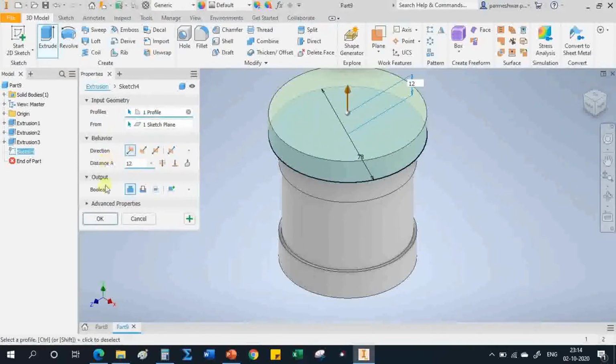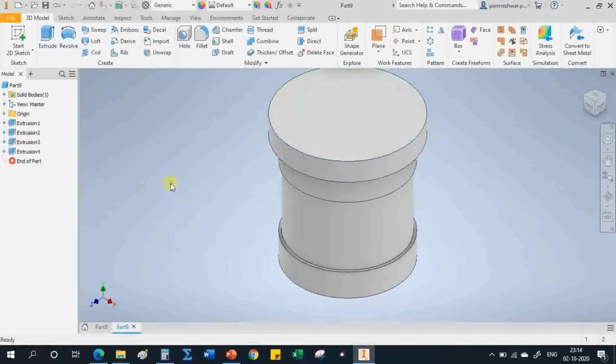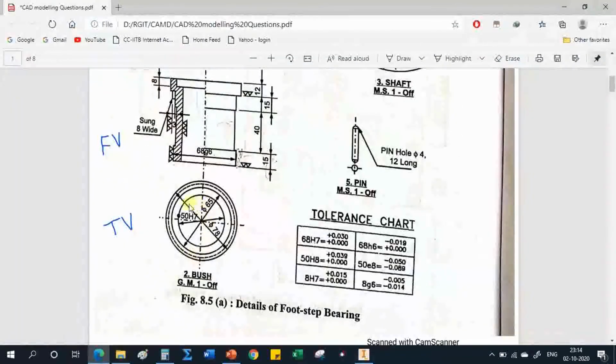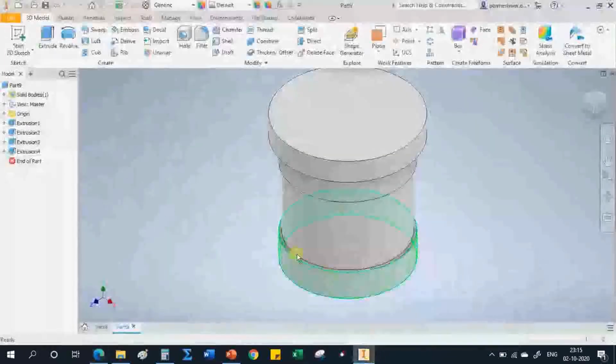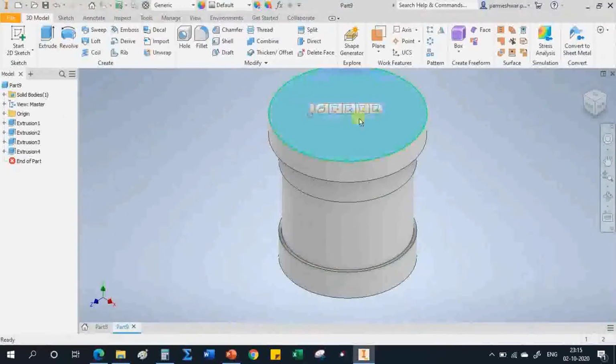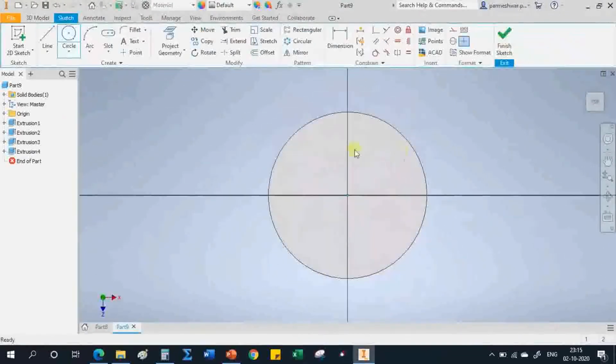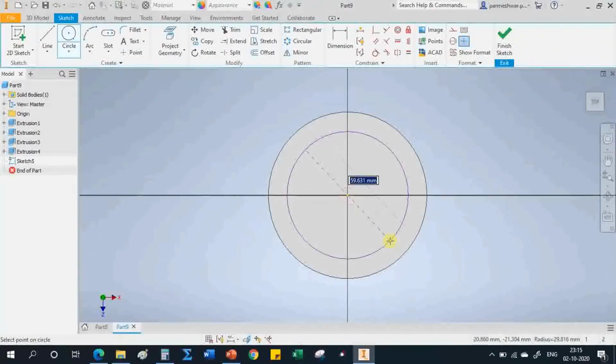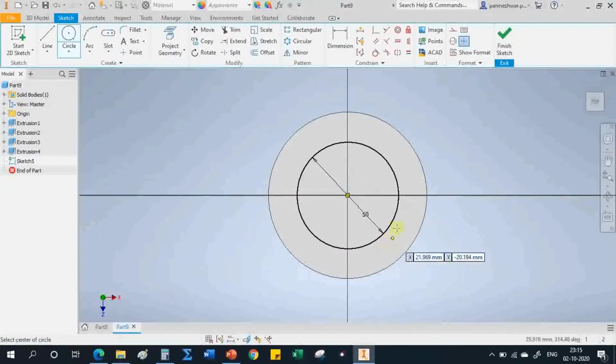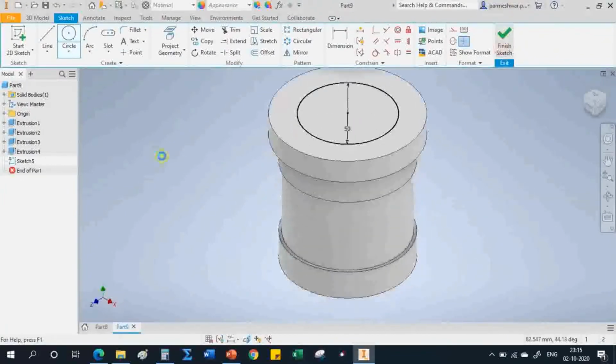Okay, we have to extrude it by 12, right. Now there is an inside diameter 50 here, throughout, inside diameter 50, right. So select this face, create sketch, and circle, inside diameter is 50, enter it, finish sketch, and again extrude.